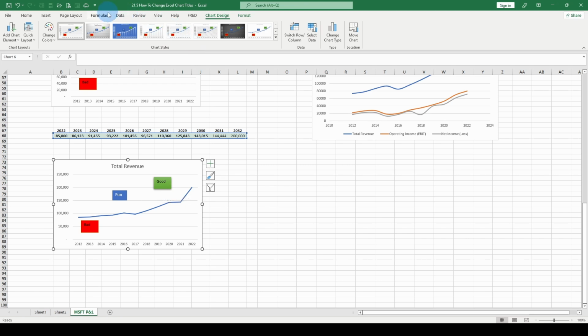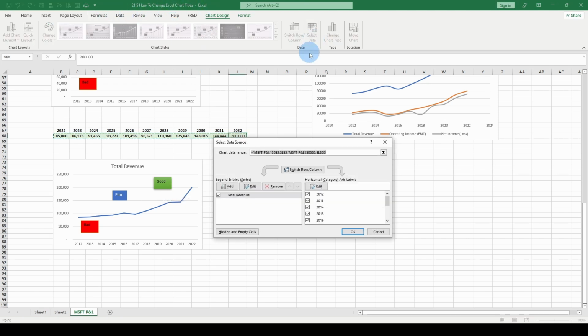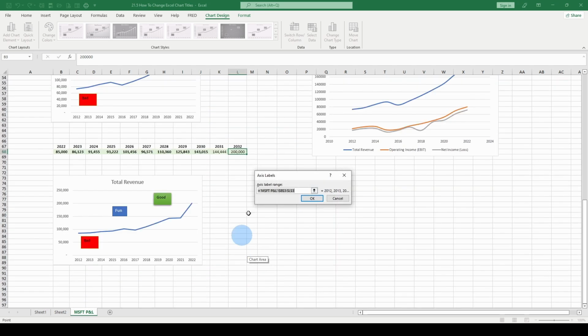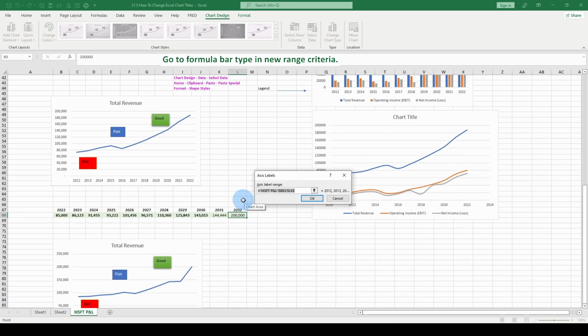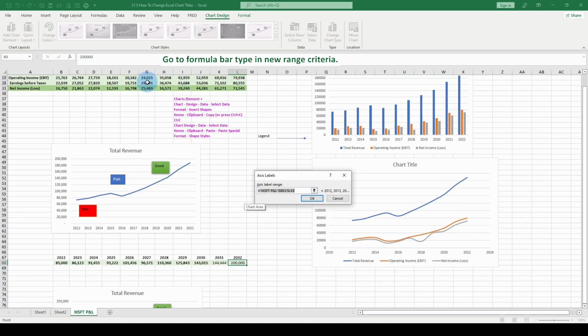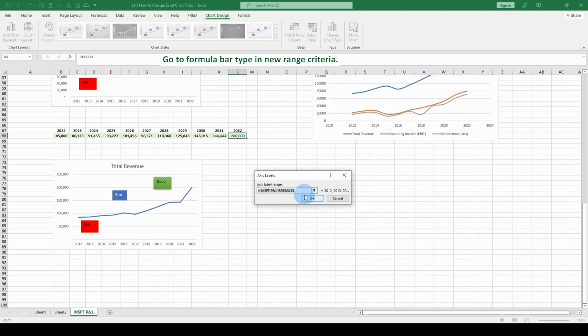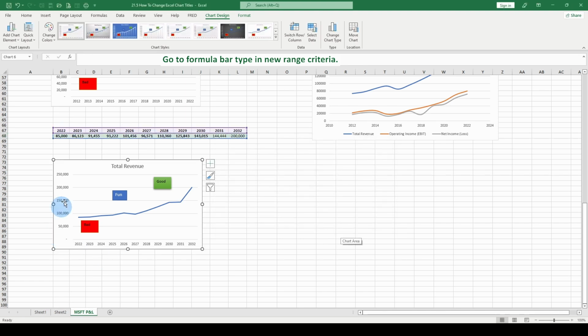Let's go back to select data. And now we want to change the years. Hit edit. This thing's going to move around because it's trying to source this data up here. But we want the data here. Hit equal. We want to just highlight the old data. Just grab this new data. Hit OK. Hit OK. And there you have a new configured chart with the same format, the year and